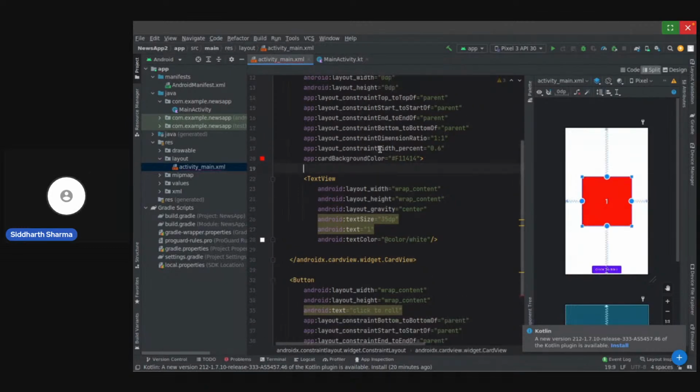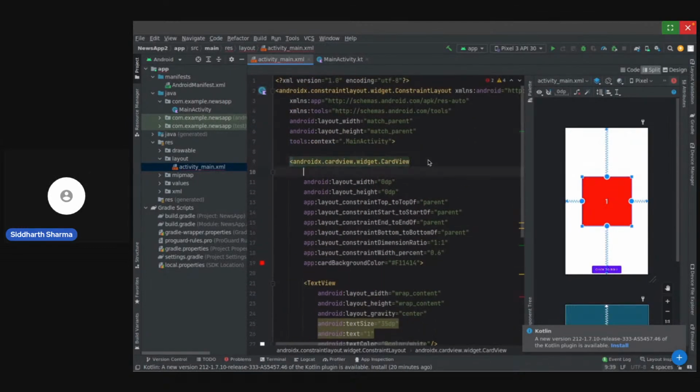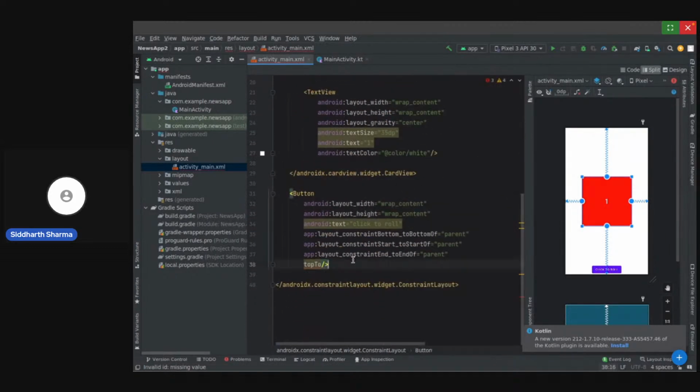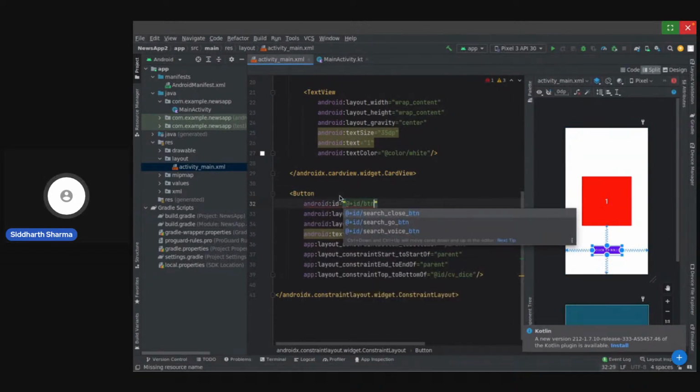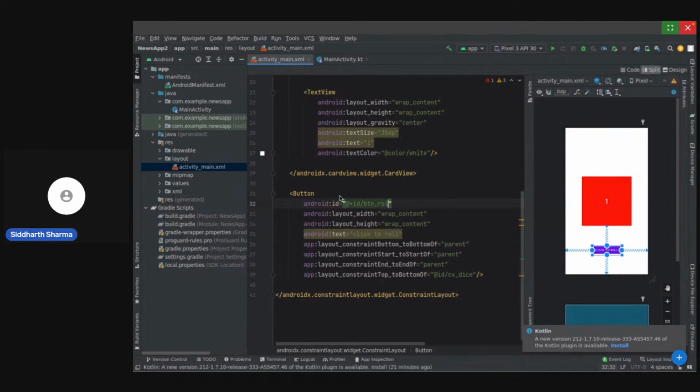For that, I'll need to give ID to this card view. So I'll give it CV dice. CV basically means card view, top to bottom of CV dice. Yeah, great. Let's give this button an ID. That is button underscore roll.